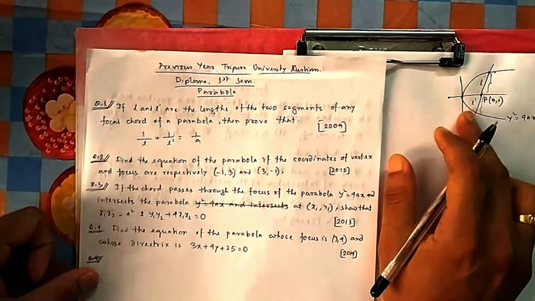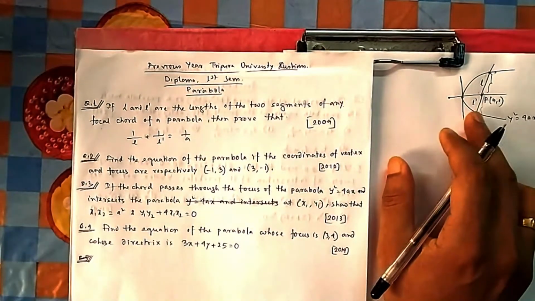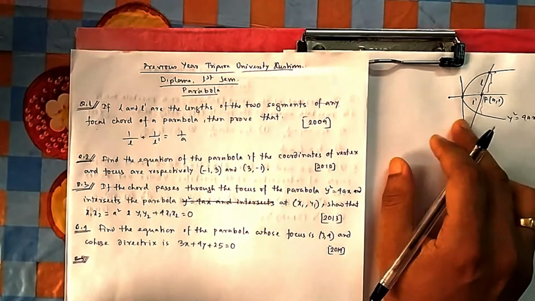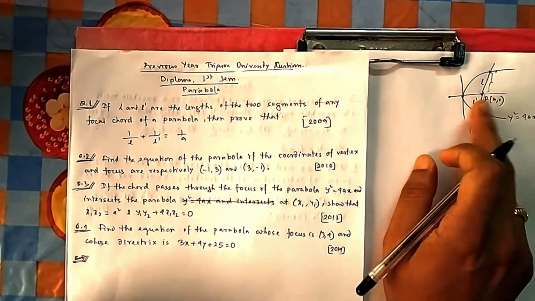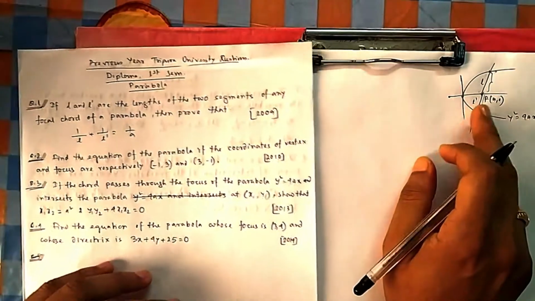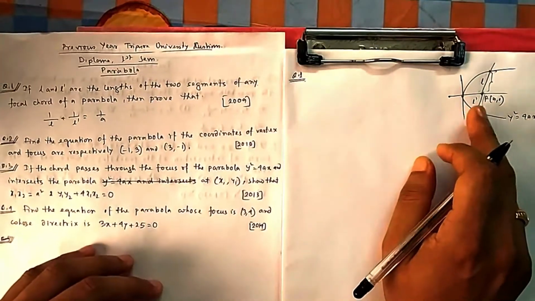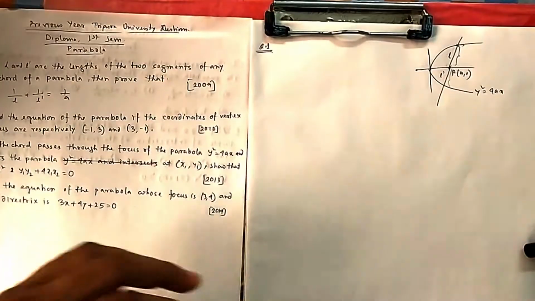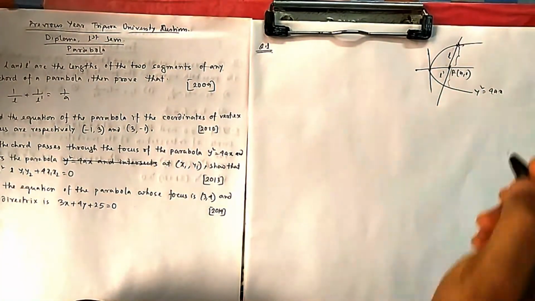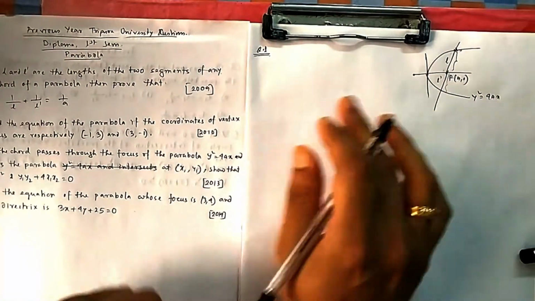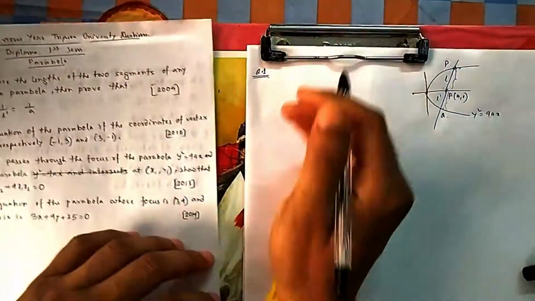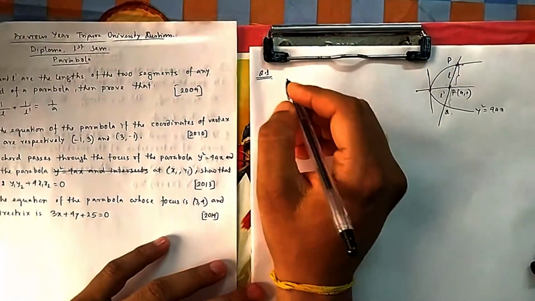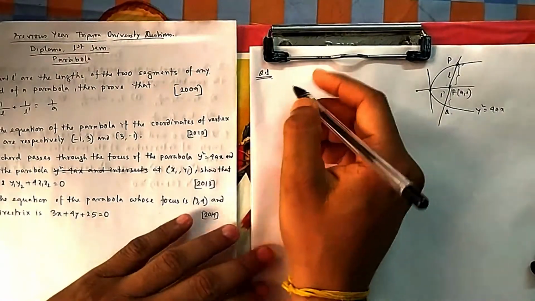Now this focal chord I have given in the intermediate level. You check the theory if you have not checked it. A condition for a focal chord is t1 t2 equal to -1 using parametric form, which is easy. For finding it on a parabola, if you apply parametric form, it is easy. But for now I am solving it from the sketch so that you understand how it came, because in the exam you cannot directly write t1 t2 equal to -1.